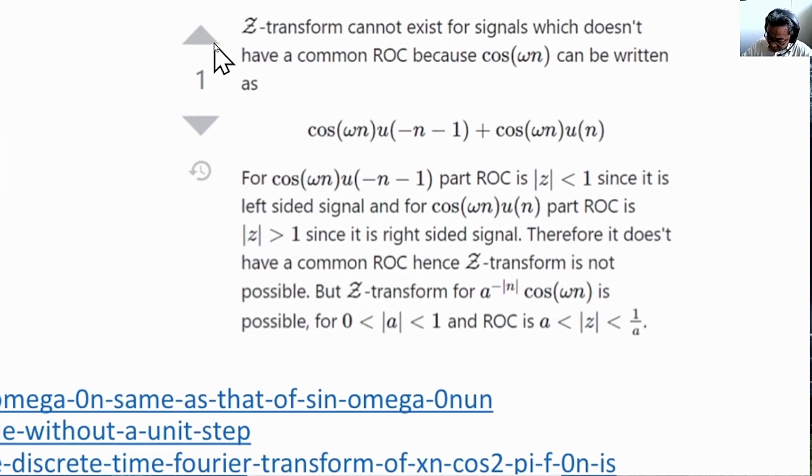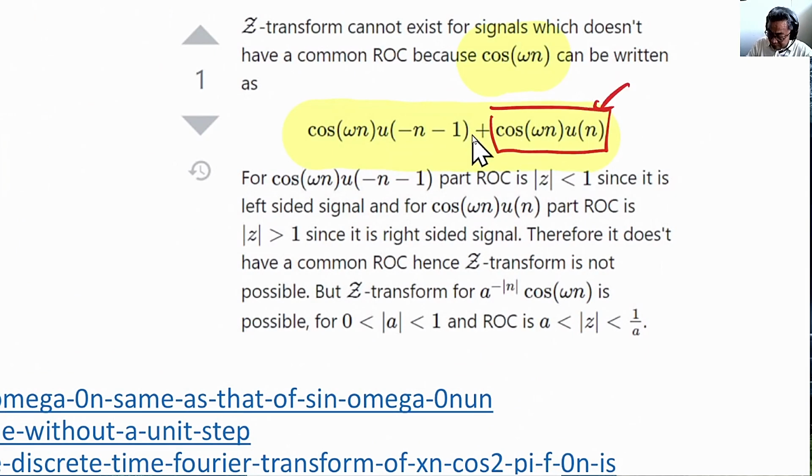And why is this so? Well, the cosine can be broken down into two parts. One is the causal part, the causal cosine signal, and the other is the anti-causal part. If you take the Z-transform, of course this Z-transform exists here, and this Z-transform exists, but the regions of convergence do not include each other. So the ROC is empty, and if the ROC is empty, it means that the Z-transform of cosine omega